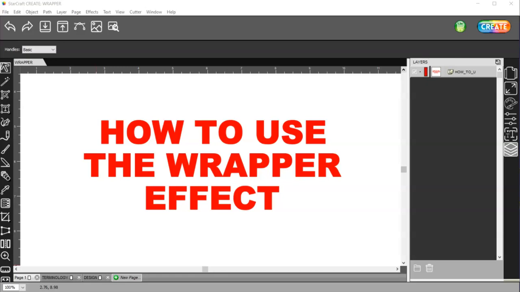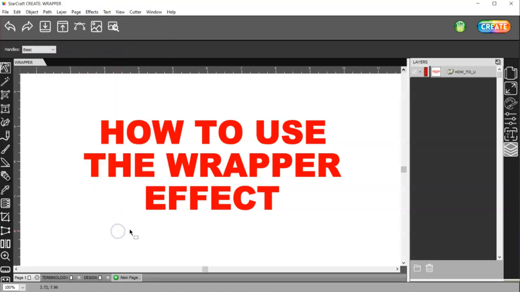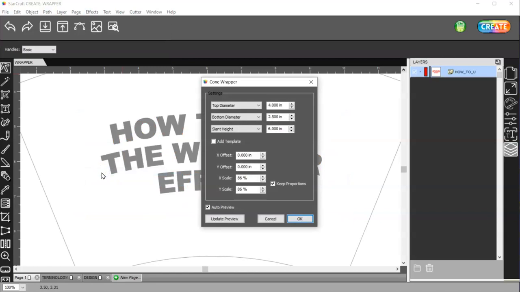In this video, I want to go over the wrapper effect in the effects menu here. The other day there was a question in the group, and I don't remember what the question was, but anyway, I thought I would go over this. If I select this, there's some terminology that might confuse people if you don't remember your school days